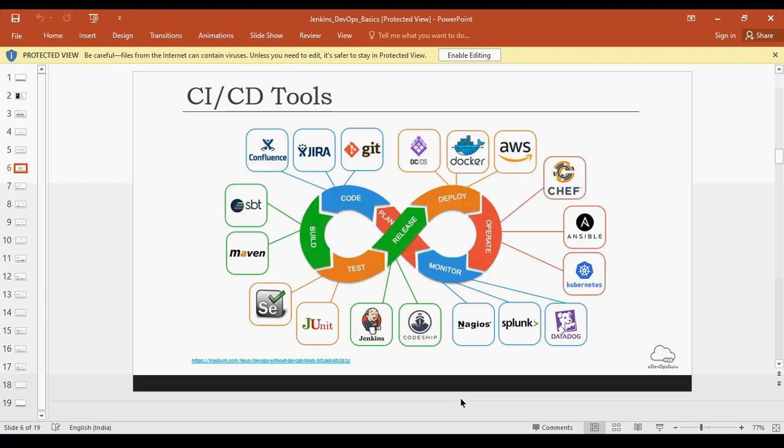You might be deploying on multiple services on AWS. This all depends upon what kind of artifacts you are generating and how they are supposed to be deployed. That defines what kind of tools you would need. Then for operations, you have Chef, Ansible, Kubernetes. We already covered Ansible. These help you with how your artifacts are deployed on your deployment environments.